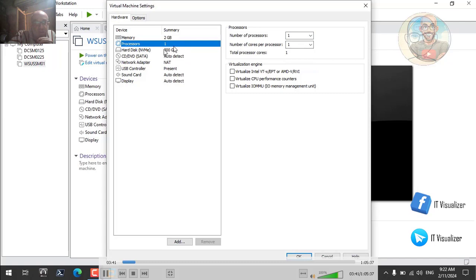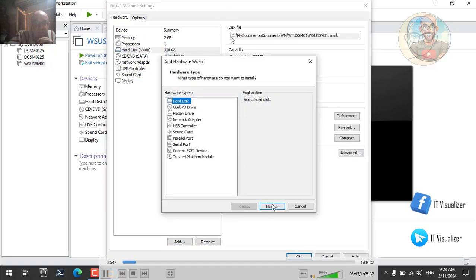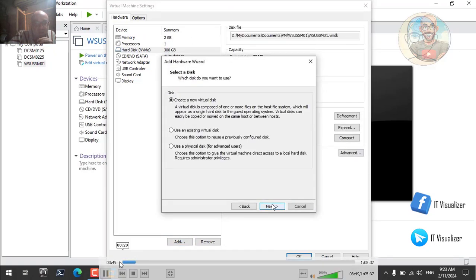And here we will add another hard disk. You can see it's NVMe. So we can see here, if you go a little bit further,